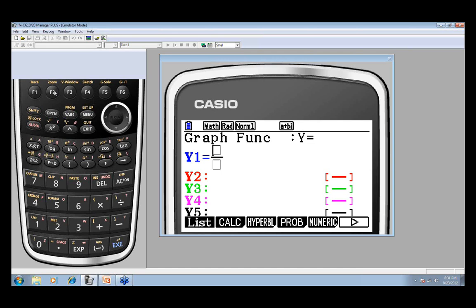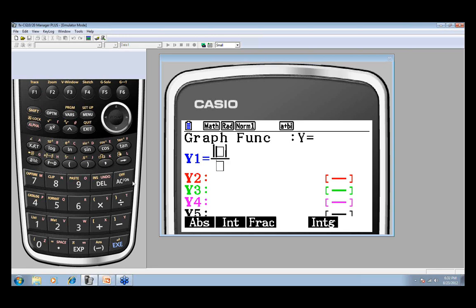Under option we've got calculus options, probability, all kinds of different things, but this is a numeric option. We press F5 for numeric, and then F1, because that corresponds with absolute value on the soft key. Press your variable x, and then in the denominator, you're also going to have another x.